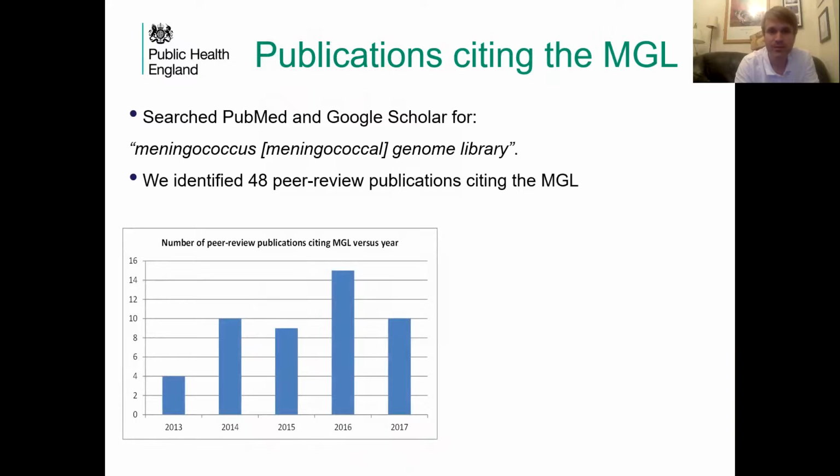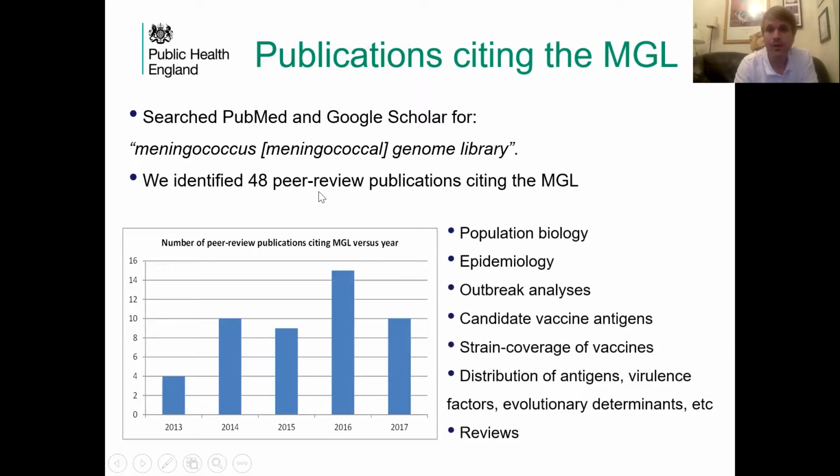Well, we found that the numbers of publications increased year on year, as you can see here. We seem to get this dip every other year, which I put down to not coinciding with the International Pathogenic Neisseria Conference. We identified 48 peer-reviewed publications in total, and these covered diverse topics such as population biology, epidemiology, outbreak